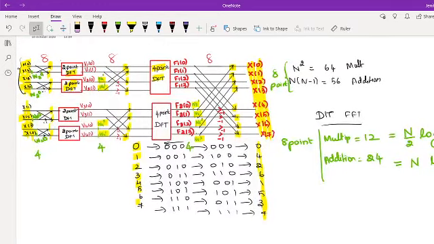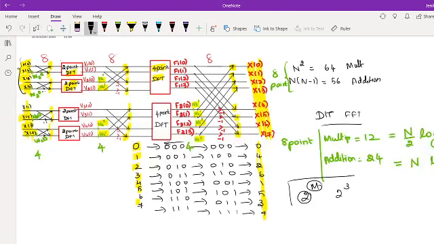So one more representation is for this radix 2 algorithm. Initially we have 2 points. Then the 2-point sequences give you 2-point DFTs, and two 2-point DFTs are combined together into 4-point, and two 4-points are combined together into 8-point, and two 8-points are combined together into 16. Likewise it goes on. So that means our output sequence is in 2 power m format. For example, here the given inputs are 8 points, so that is 2 power 3. So it is starting from 2 and we are performing 3 stages: first 2 points, then 4 points, then finally 8 points. So 3 stages are computed.